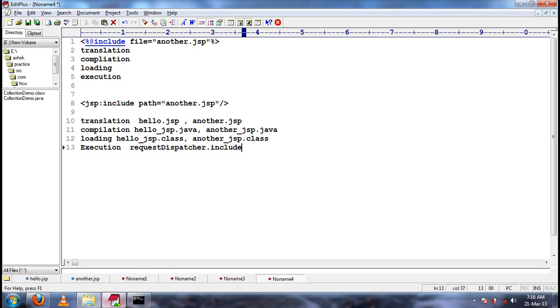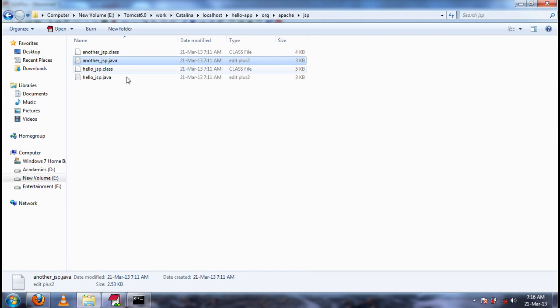So, since we have used action include, there are two separate entities. One is for source hello.jsp, another is for target another.jsp.